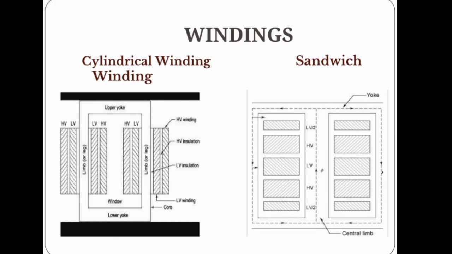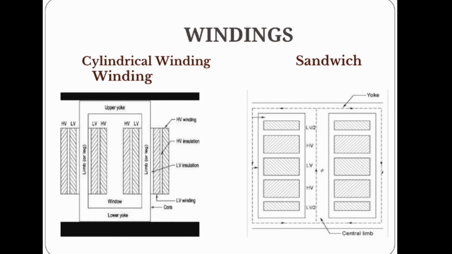I already said that core and windings are two important constructional parts of the transformer. We completed the core, and the next one is windings. Transformer windings are made of either copper or aluminum. Windings are nothing but our conductor material. Connecting a number of conducting materials is nothing but winding. The material used is what we use in manufacturing the conductor, either copper or aluminum, and the same is used here in manufacturing the transformer winding.